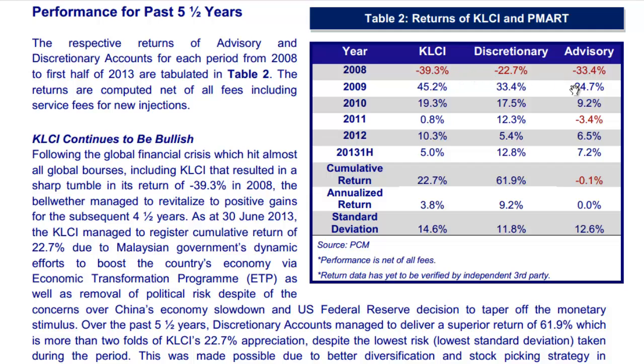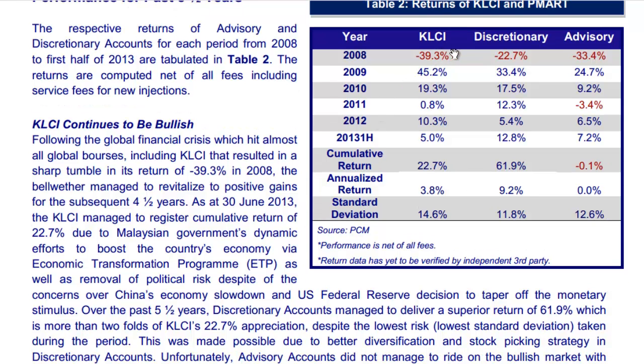So as you can see, KLCI dropped 29% in 2008. The discretionary account dropped only about minus 22.7% for the PMART account. Now, if we analyze this for the past 5.5 years, there is a complete bull and bear cycle. You can see that KLCI gained about 3.8% annualized return, whereas the discretionary mandate managed by PCM gains 9.2% a year annualized return. So it's in the positive annually, taking into account the depression or economic recession in 2008,